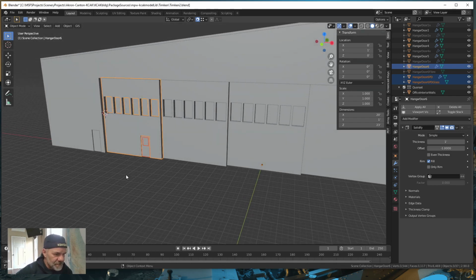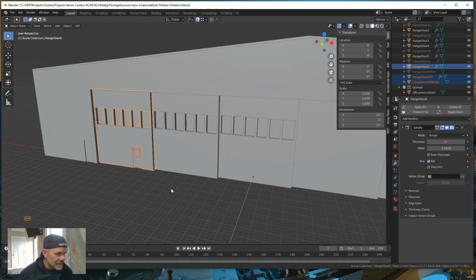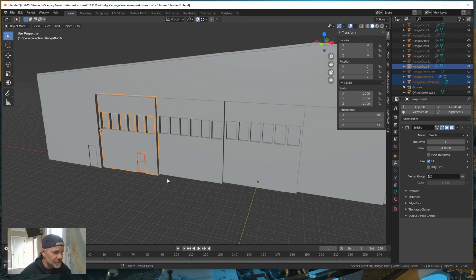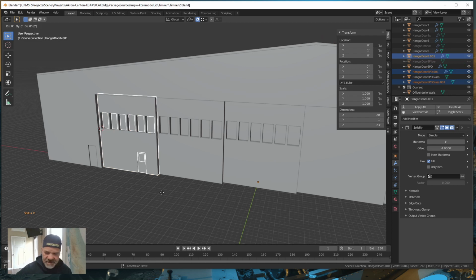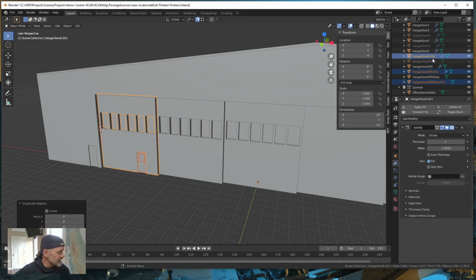Okay, I really don't. I changed my mind. Why do I want to create more work for me later? All right, with those 3 selected though, we're going to make a copy of all 3 of these objects, the door, the person door, and the person door window. So, with those 3 selected, do a Shift D and then escape. Now, notice that we have 001s over here for those new parts. But these are going to all be door 5, right? I mean door 3, right? So let's come up to door 3